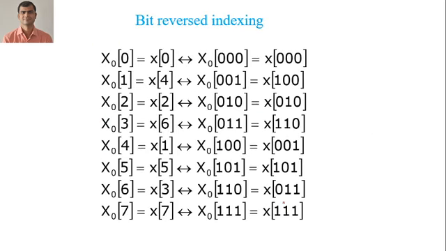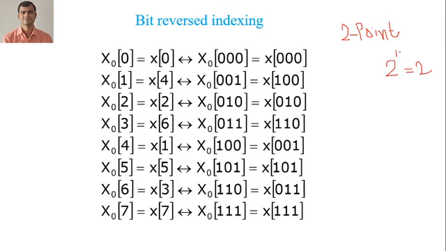Now next is very important: the bit reverse index. What is meant by bit reverse index? Let me consider a 2-point FFT. We are seeing the radix 2 FFT algorithm, whether it will be DIT or DIF. Radix 2 means the base is 2. To represent 2 points we require 2 raised to 1, which is equal to 2.